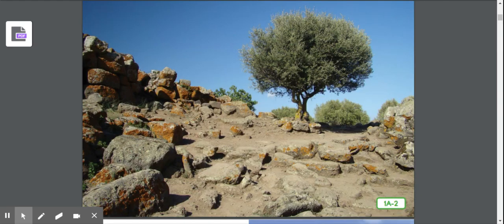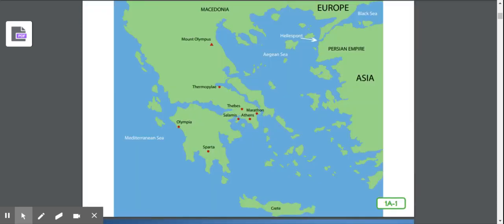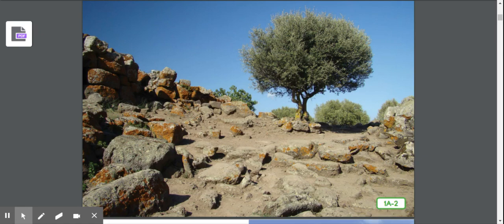The ancient Greeks, however, were also different from other ancient civilizations in many other ways. Unlike the Egyptians and the Mesopotamians, the Greeks did not develop around a great river. So there is no river we're going to learn about here, like the Nile in Egypt or the Tigris and Euphrates near Babylon. Greek land was not as fertile as the land near those wide flooding rivers. What does that word fertile mean again?